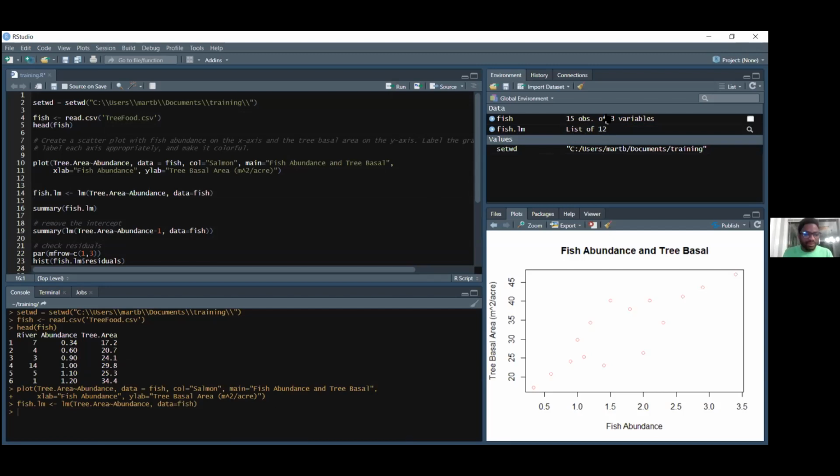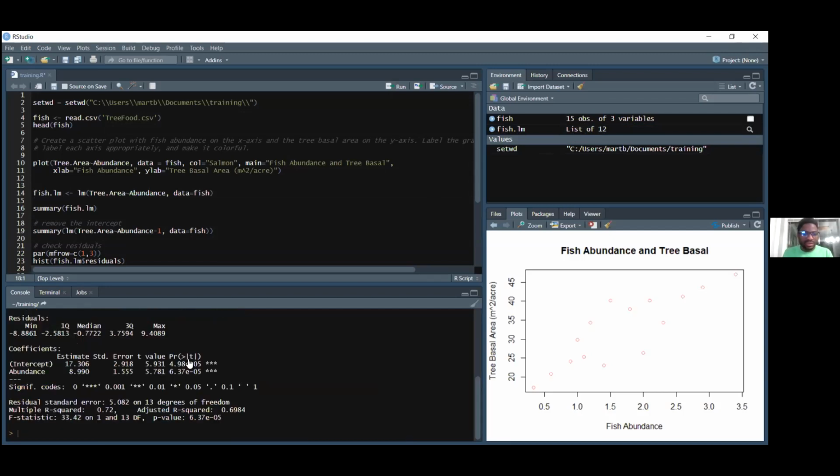We have that the intercept is 17 and the standard error, and it is highly significant in the abundance. So this goes to the table that you had before. Now, what happens is the intercept is something very interesting, right? So what we are saying is, even if we have,